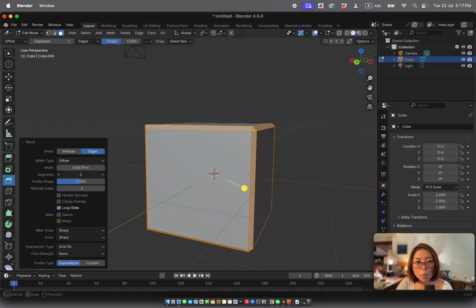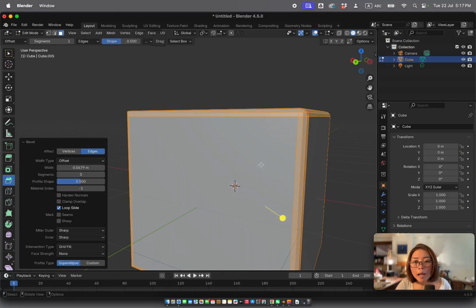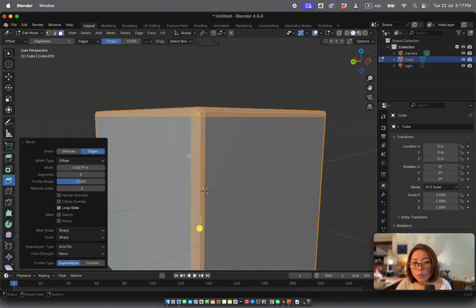Now I have only one segment, meaning I'm only adding one face to the face that I have affected. And if I increase it to 2, then there are 2 faces in between the 2 faces I selected. And if I'm adding 3, as you can anticipate, I'm creating 3 extra faces in between the 2 faces I